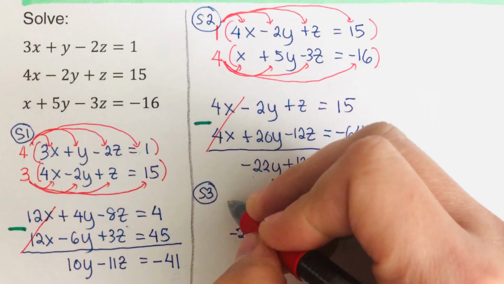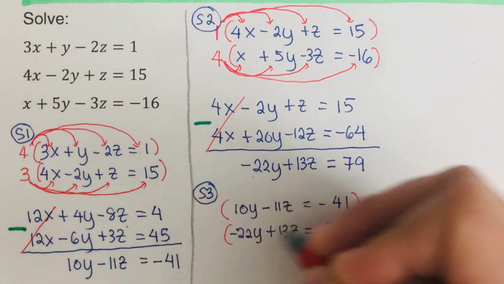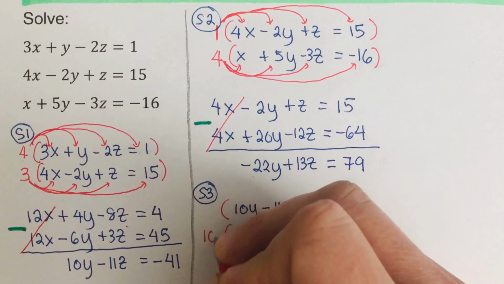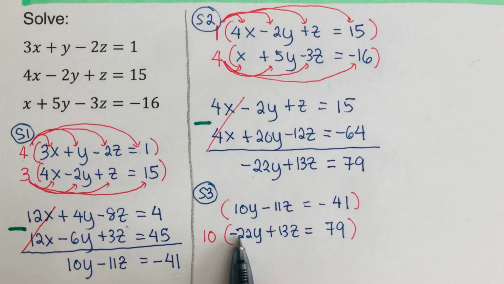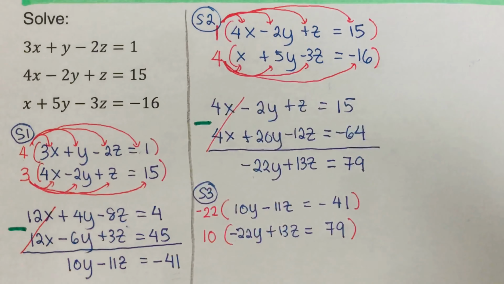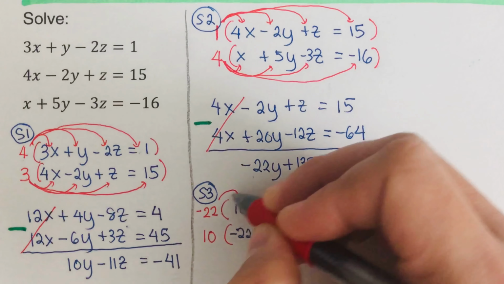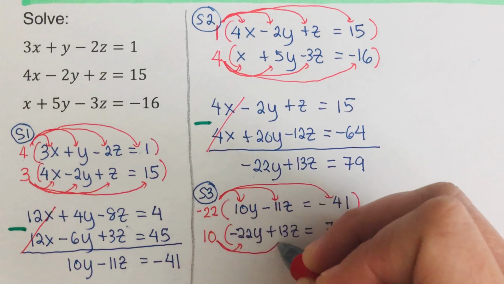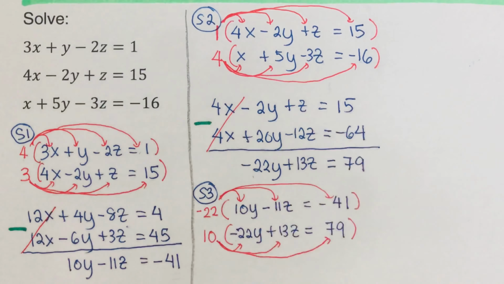We are going to multiply the second equation with the coefficient of the x. So that's 10. So I will multiply this by 10. And then this is negative 22. I will multiply this other one right here with negative 22. And then we do exactly the same thing. We're going to distribute the 22 to each of the terms inside the parentheses and the 10 inside the parentheses as well. So that our equation would come out to be